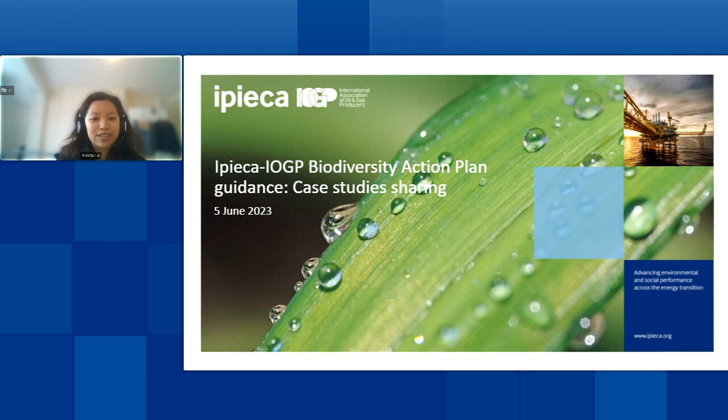Today, we're delighted to have 5 biodiversity and ecosystem services working group members with us to share their case studies related to biodiversity action plans. We will first hear from Gustavo Estrada about the case from ENI Ghana on deciding if a BAP is mandatory, necessary, or recommended. Then we will hear from Ram Narayan on ExxonMobil Papua New Guinea's LNG project and the importance of stakeholders' engagement and partnership.